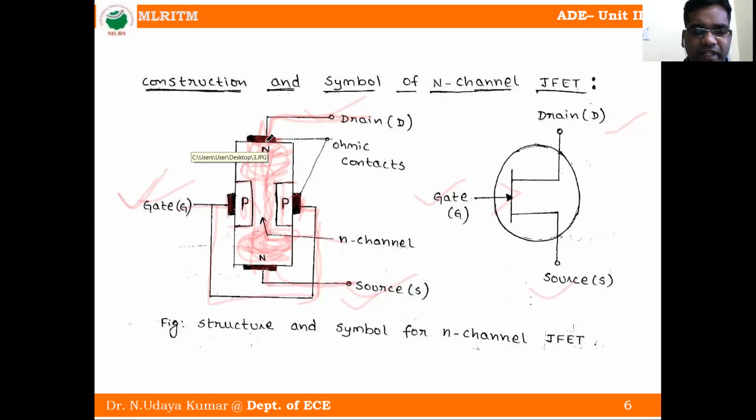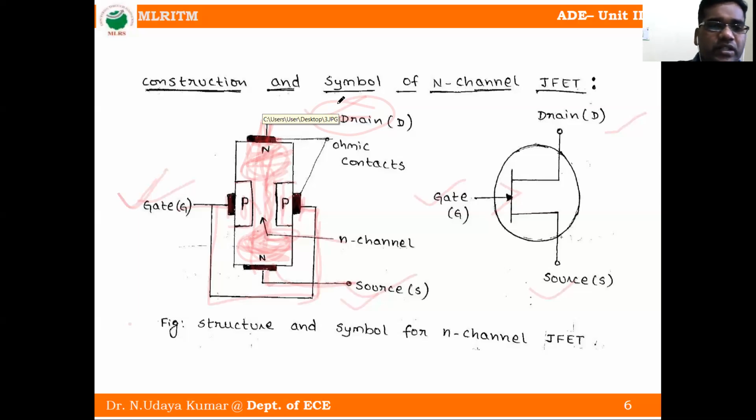So what about the drain terminal? This is the drain terminal. This terminal is connected to the positive terminal of the battery. The majority carriers leave the bar through this terminal. So the source is connected to the negative terminal of the battery and the drain is connected to the positive terminal